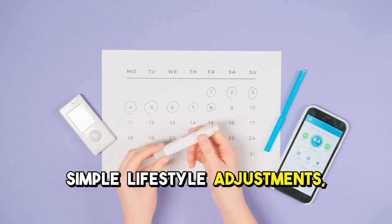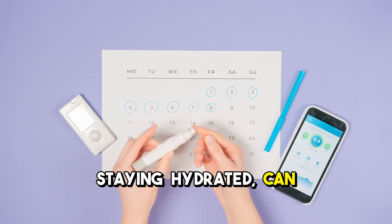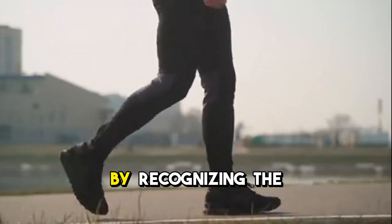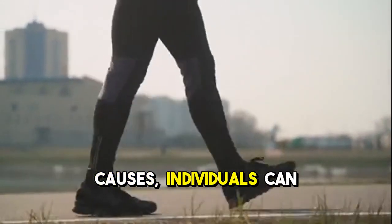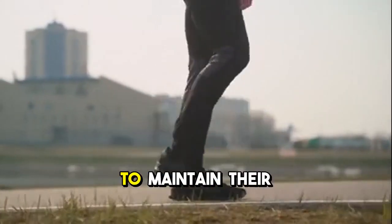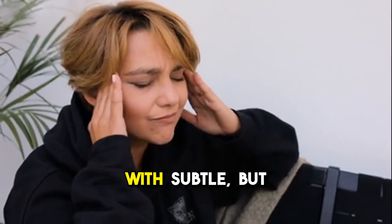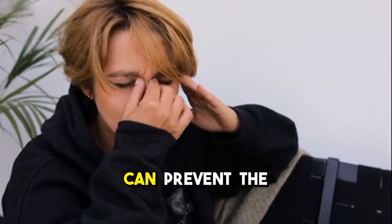Simple lifestyle adjustments, such as increasing fiber intake and staying hydrated, can also play a significant role in both prevention and management. By recognizing the early signs and addressing the underlying causes, individuals can take proactive steps to maintain their rectal and anal health. Hemorrhoids often begin with subtle but noticeable symptoms that, if recognized early, can prevent the condition